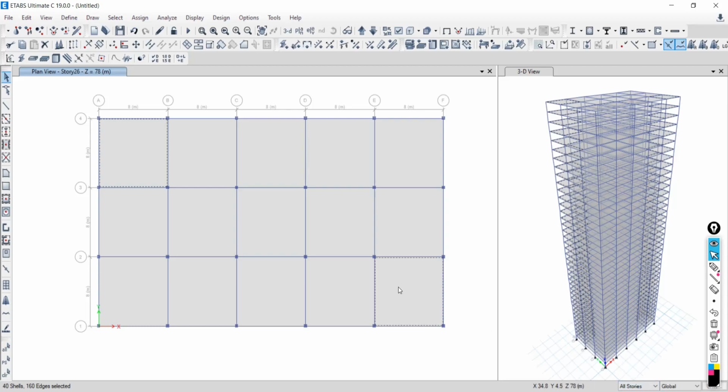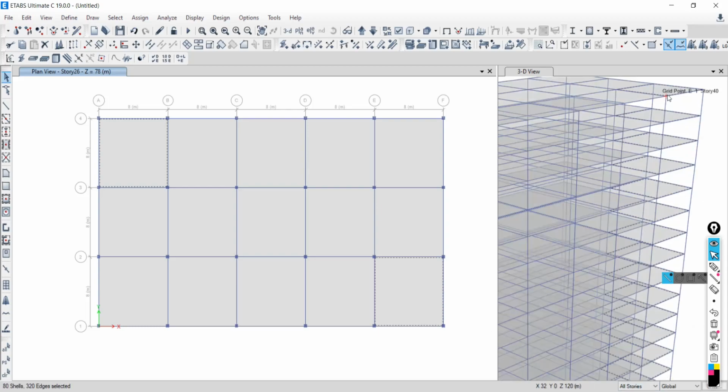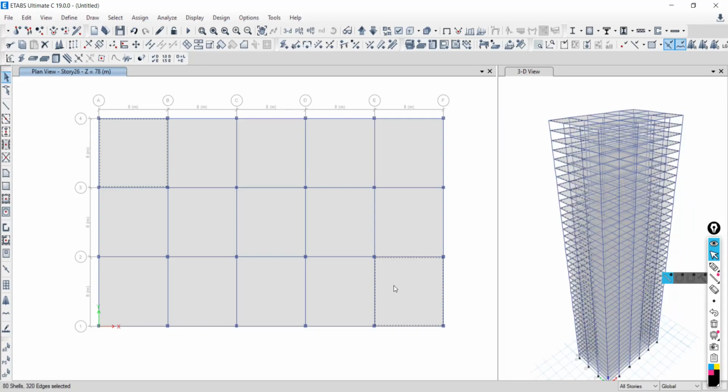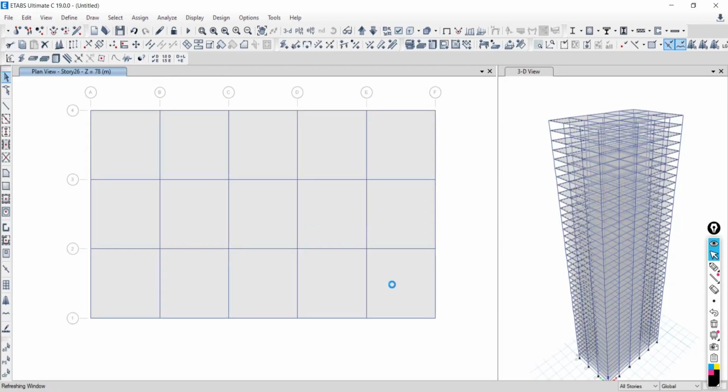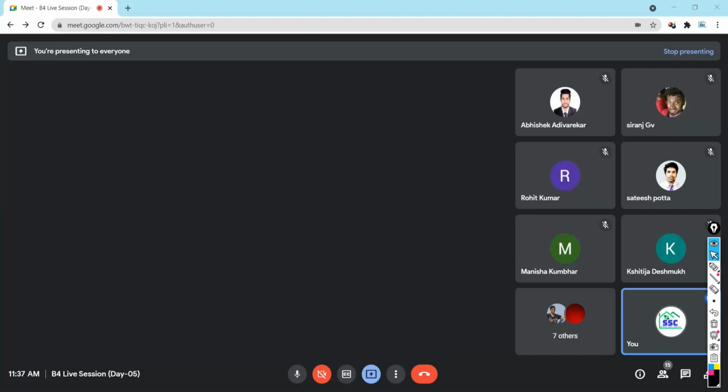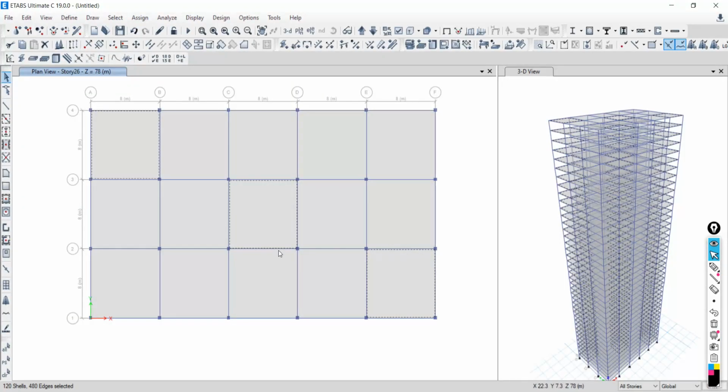I select here, so all the slabs from top to bottom are in selection. Then click at the center, and for the center as well, all the slabs from top to bottom are in selection. So 40 plus 40 plus 40 will become 120. Is it correct?